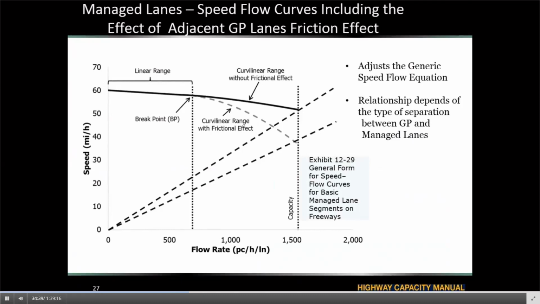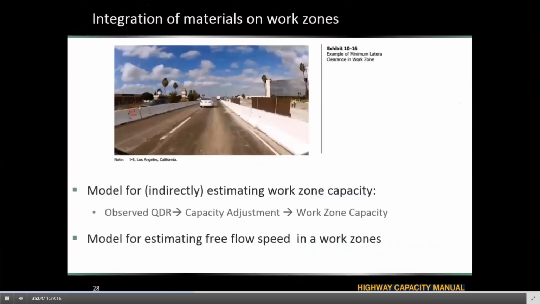If we don't have high density on the adjacent general purpose lane, then the speed flow model will be shown as a solid line. And of course, the extension of the speed flow model, the unified equation, has gone into the managed lanes, and all the curves that you can see here are again reproducible by that equation.